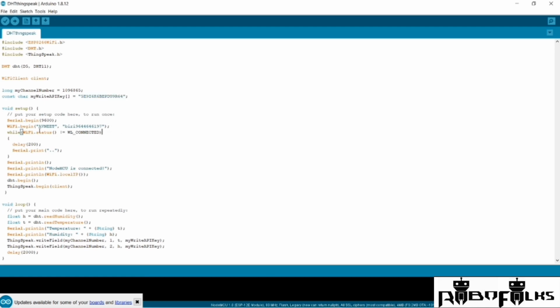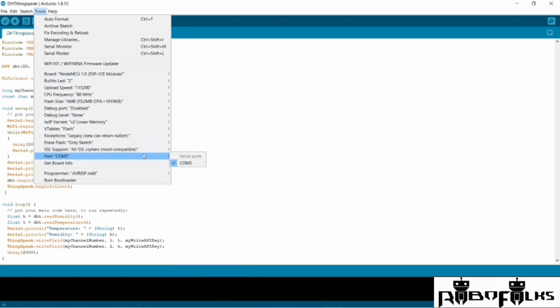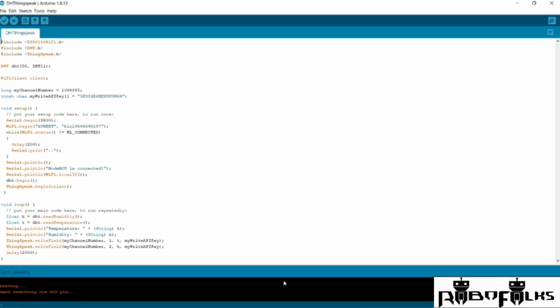And change the Wi-Fi name and password to your Wi-Fi name and password. So this is a simple C++ code you can understand easily. Now go to Tools and choose the appropriate board and port and click Upload. Now we have successfully uploaded the code.